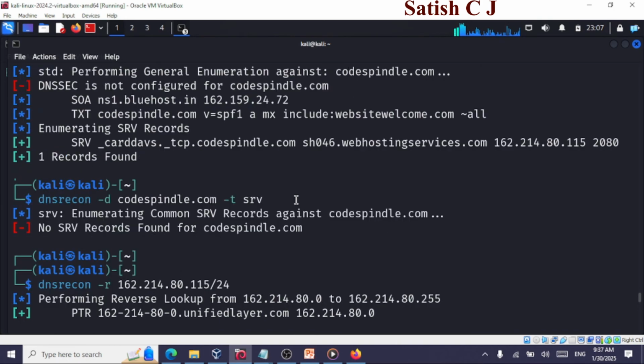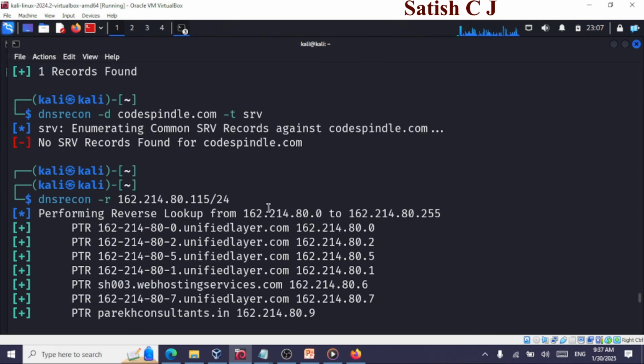So it's going to perform a reverse lookup starting from 162.214.80.0 to 162.214.80.255. So it's going to scan all the systems and IPs and fetch us the domain names corresponding to those IPs. That is the use of reverse lookup in Dnsrecon, and we can also force the enumeration from a specific